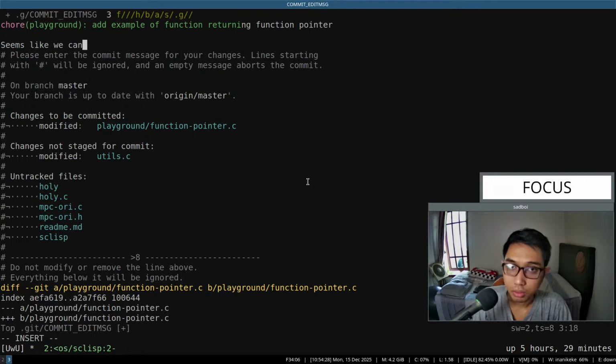We can create a function that returns a function pointer,